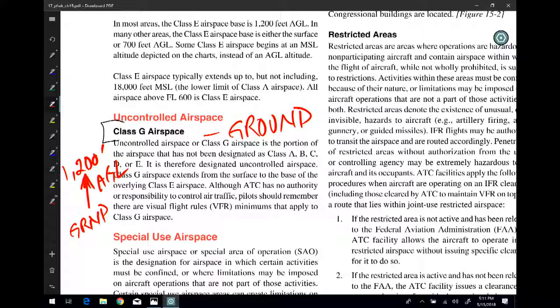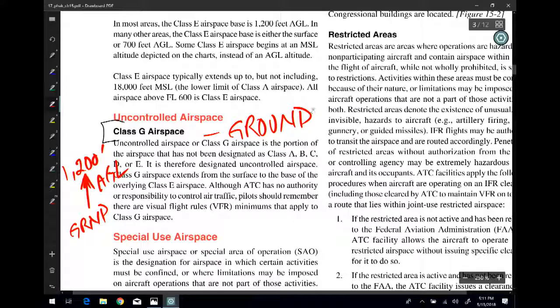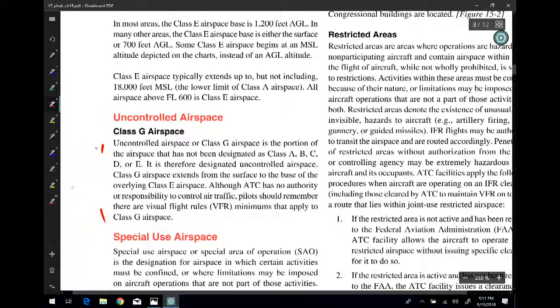And we think about that as being 1,200 feet AGL, not necessarily 10,000 feet MSL, because in Colorado we have mountains, and those mountains can be over 14,000 feet tall. So that Class Gulf airspace can be an additional 1,200 feet above those mountains. And we'll look at that here in a little bit. Okay? So that's Class Gulf airspace. So be able to tell me what Class Gulf airspace is all about.